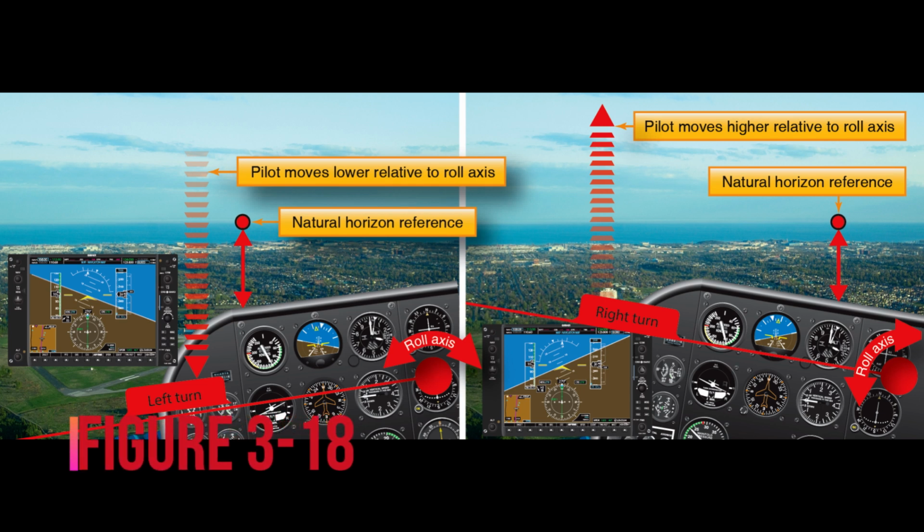Parallax view. Some additional considerations for initiating turns are the following. 1. If the airplane's nose starts to move before the bank starts, the rudder is being applied too soon. 2. If the bank starts before the nose starts turning or the nose moves in the opposite direction, the rudder is being applied too late. 3. If the nose moves up or down when entering a bank, excessive or insufficient elevator back pressure is being